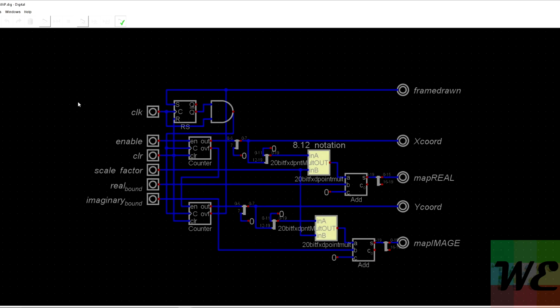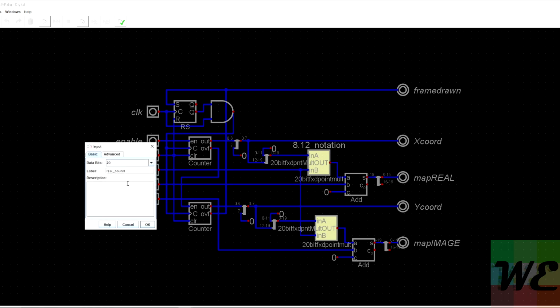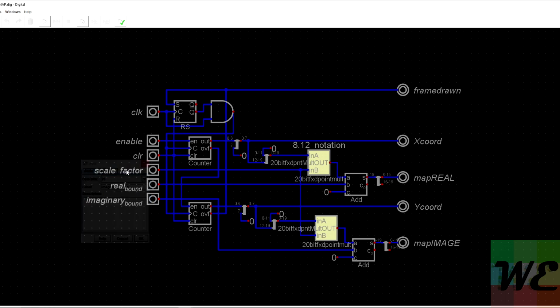So now you can see that in here the only values that need to be entered are the scale factor, the real bound, and the imaginary bound, which for the default is set to -2, -2, and then 1 over 32. And where do I get those values from? If I'm mapping a 128 pixel screen across a magnitude of 4, from -2 to 2 in the x and -2 to 2 in the y, and it's 128 pixels in both the x and the y, I'm mapping 4 across 128. 4 across 128 is 2 over 64, which is 1 over 32. So my scaling factor needs to be 1 over 32.